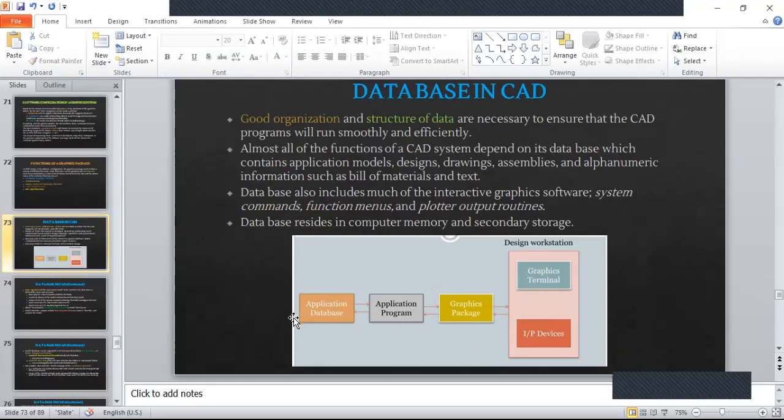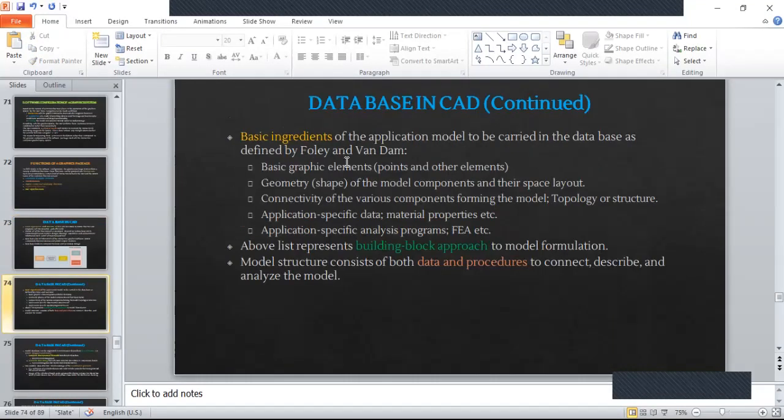And this is what we are focusing on about the database. How do you structure that? How does it store basic graphic elements, points and other elements, geometry, connectivity of the various components, application specific data, material properties? And analysis programs also, FEA, right?